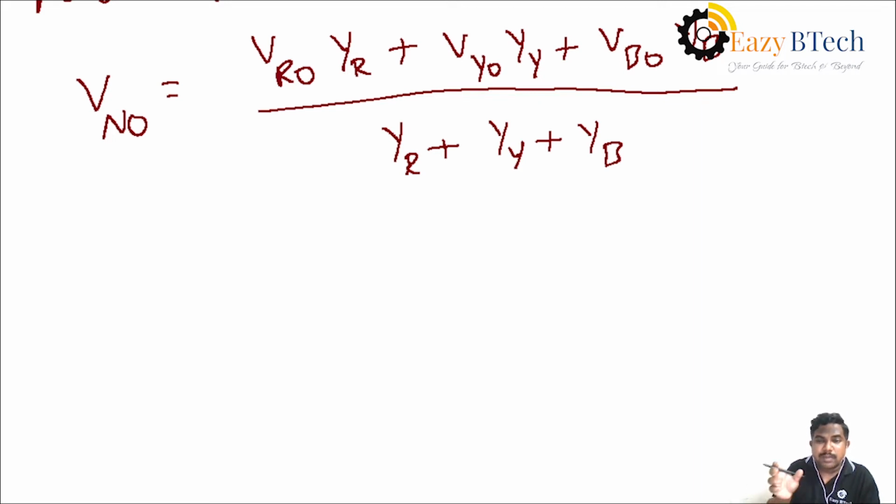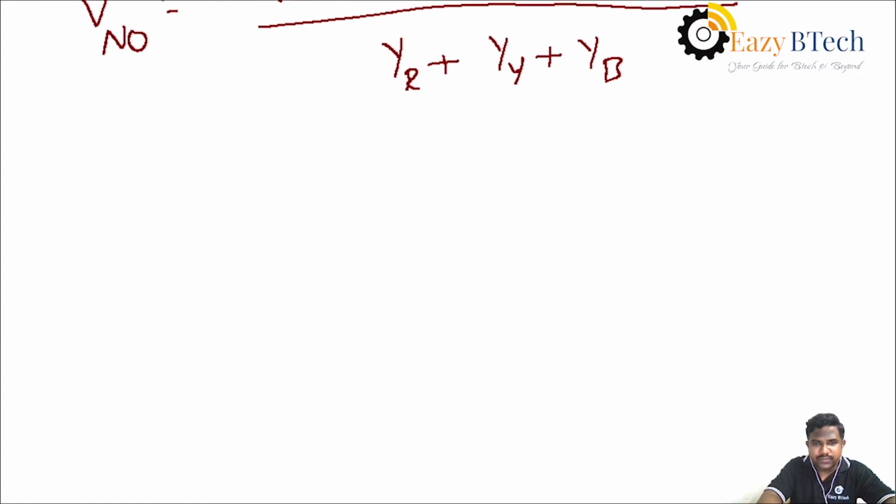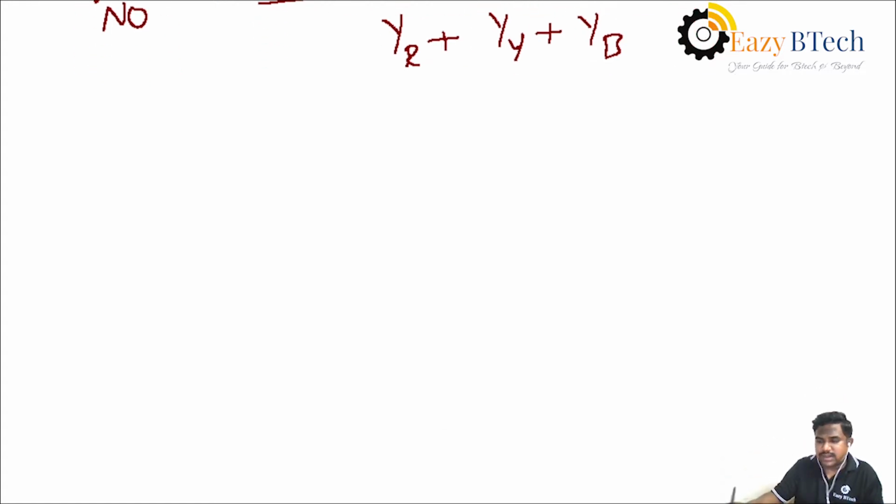Then we have to find out the voltage difference between the two star node points V and O. Then the formula is nothing but (VRO YR plus VYO YY plus VBO YB) divided by the total admittance value, YR plus YY plus YB. Then we know all values: VRO, VYO, nothing but the phase voltages of the system. We know the values here, that is